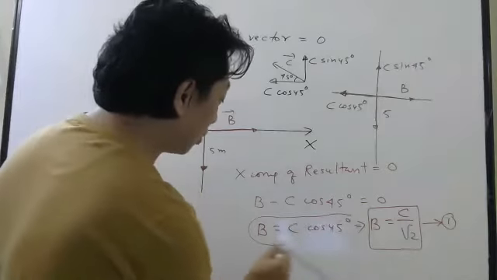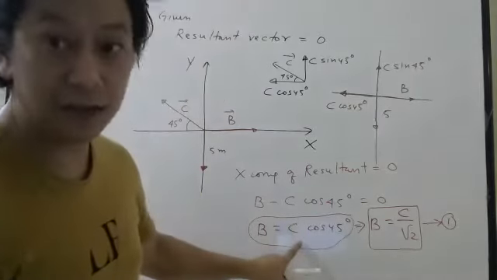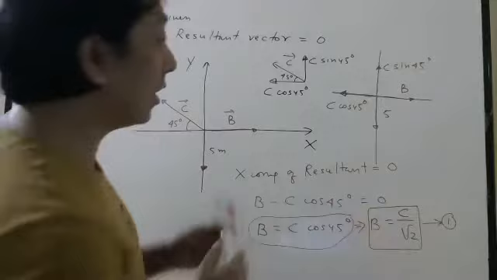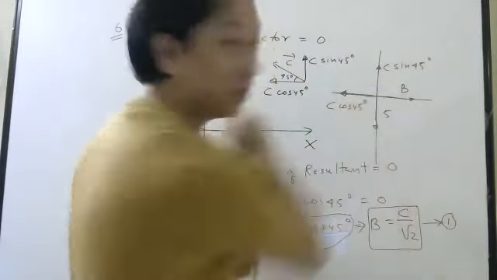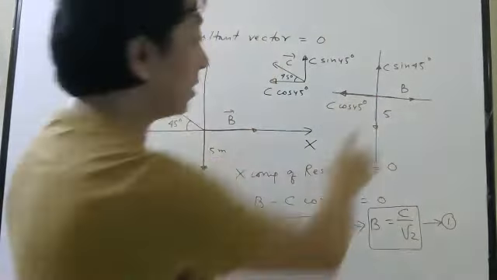Or directly also you can write this equation. Why, sir, directly? You can say that since the total vector here should be 0, it means this should be equal to this in magnitude. So this and this should have equal magnitude. So directly also you can write, or properly like this also you can write.